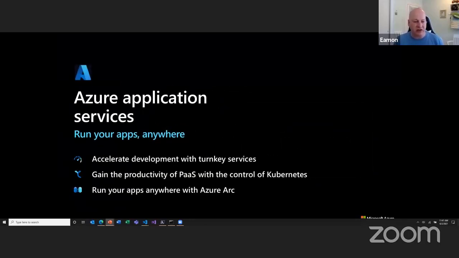So with the Azure application services, the goal really is to run your apps anywhere. This opens up a whole set of scenarios based on feedback we've heard from customers, where they like the productivity that we give them inside of Azure. You can take advantage of all our PaaS services, get quick to market, and get all the benefits of focusing on the business logic, but it only works if you're hosted in Azure.